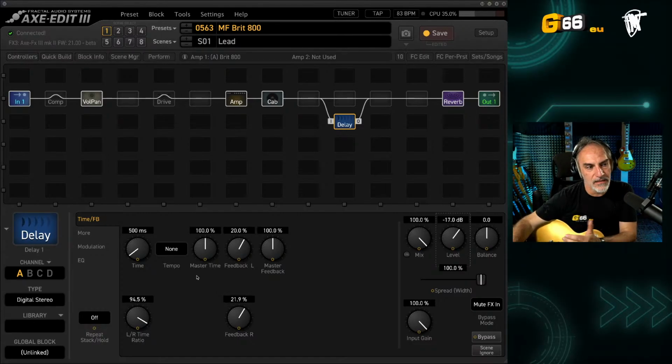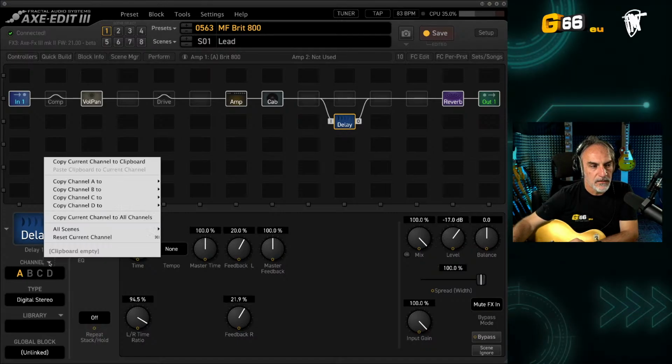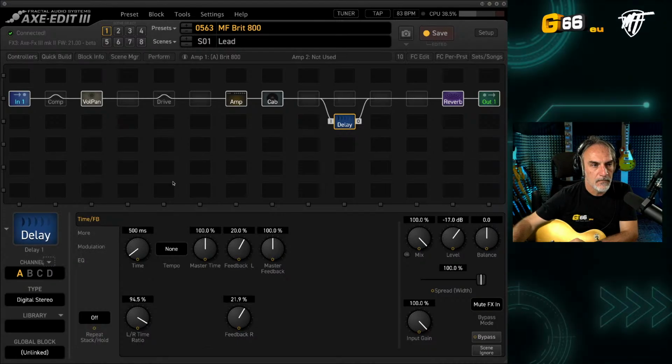Instead of putting another delay block, okay, it's true that I have 4 blocks, but as I told you, I like to optimize the effect. I can use a different channel. So I typically copy channel A to channel B. It is really important to use the same delay type, not different. So I go to channel B, and for example, I